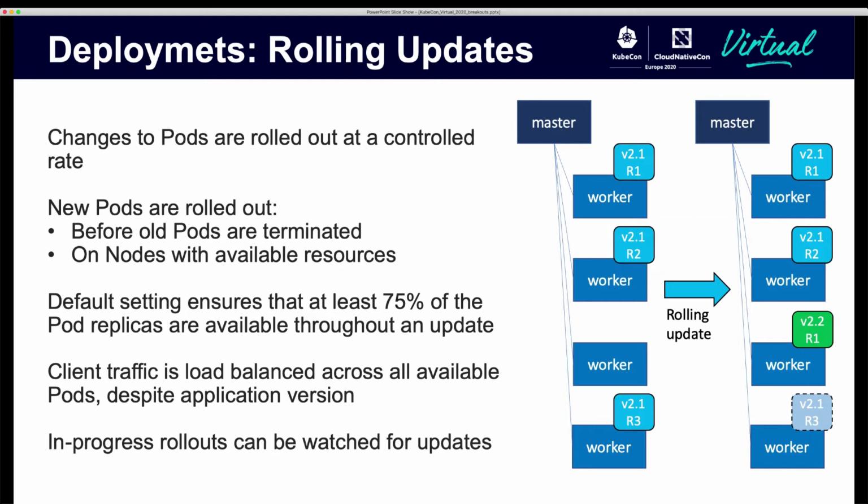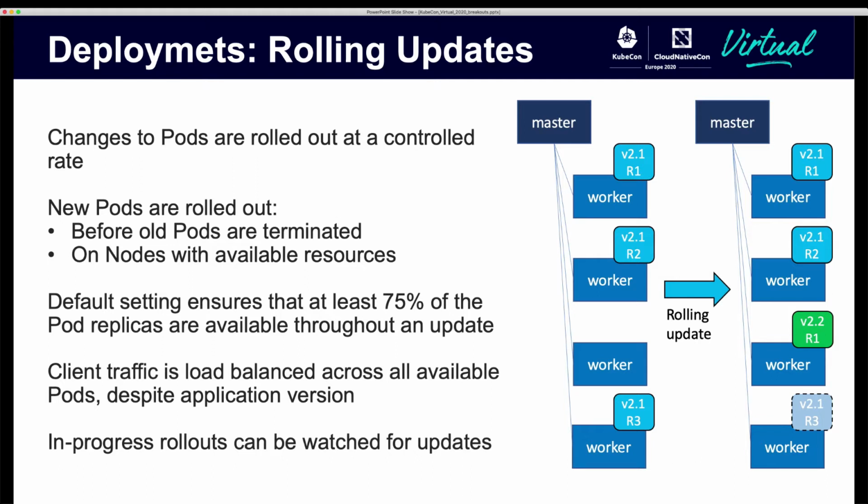New pods are rolled out before old pods are terminated, because we want to have that new replica up before any of the old ones come down. Now the new pod doesn't go to the exact same node. It is independently scheduled and gets scheduled on a node that has available resources based on the resource request and